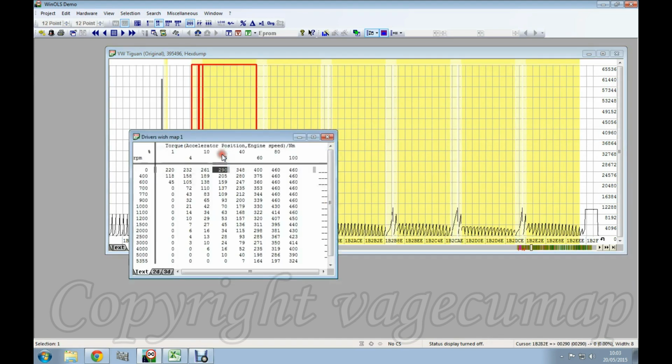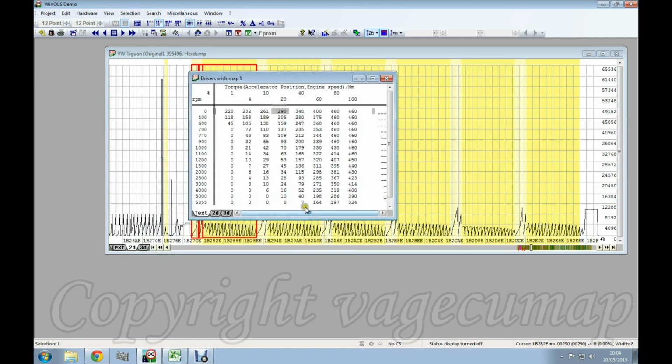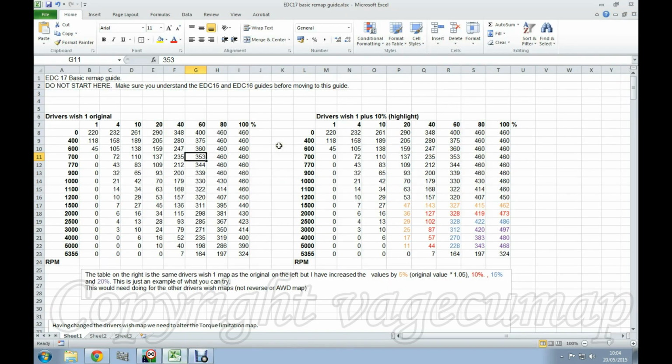Now, if we open one of these, obviously we look at it as numbers, because text and numbers is what we're going to want to look at if we're going to look at mapping. We can see the basic information that we might want to change. Now, I could make the changes here in Windows, but it's more difficult to explain what I'm doing and why when I make the changes in Windows. So what I'm going to do is flip over to an Excel version. Now there's exactly the same information, but I've just displayed it in an Excel file.